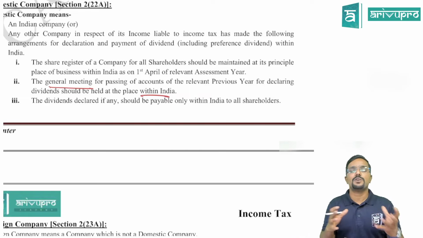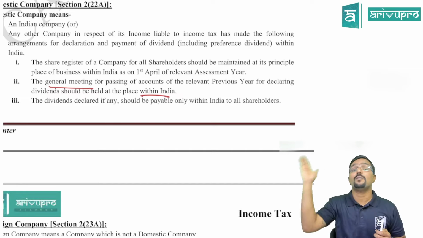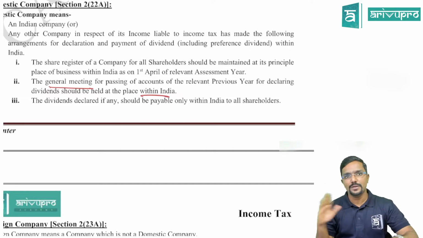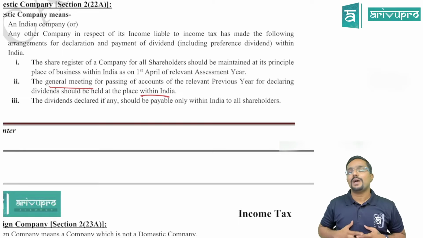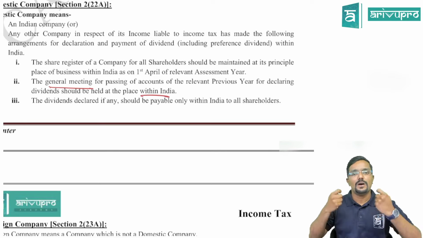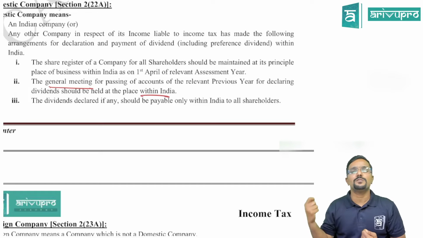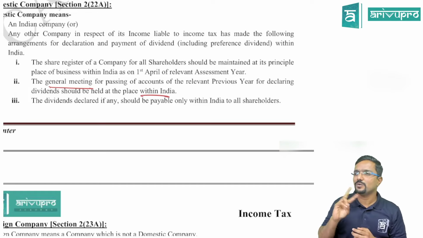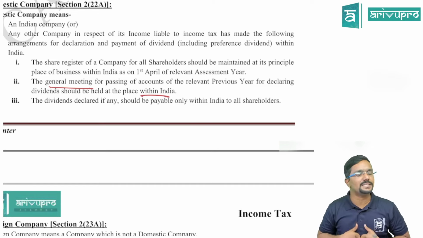What is an annual general meeting or what is a share register is purely corporate law or company law, which you will be learning in the law subject. The annual general meeting is the meeting of the shareholders where they discuss what has happened throughout the year, and they also pass some resolutions. There are two types of resolution, ordinary and special resolution.